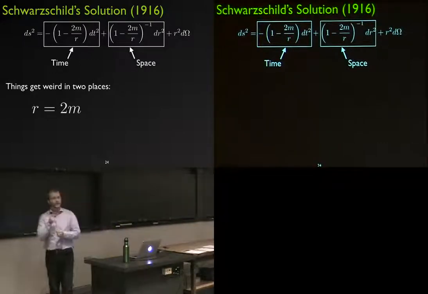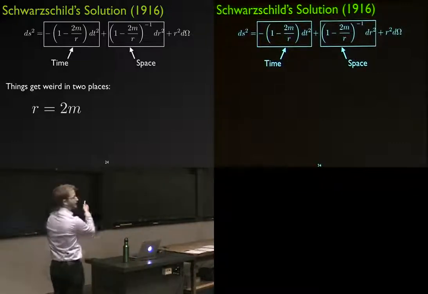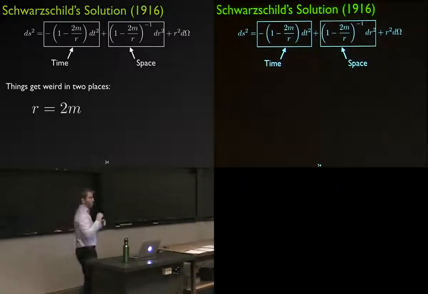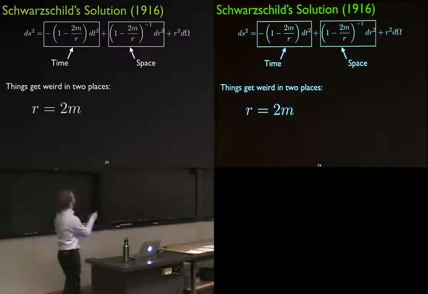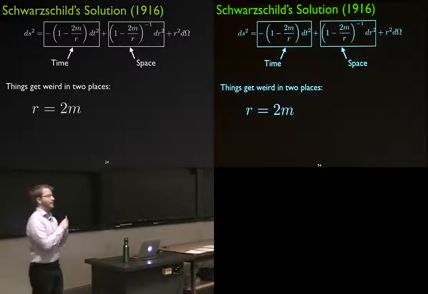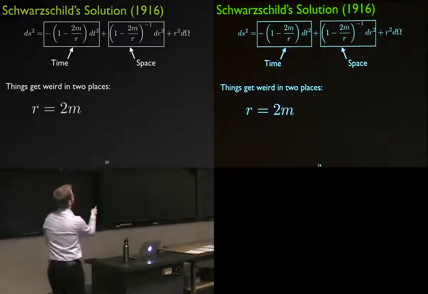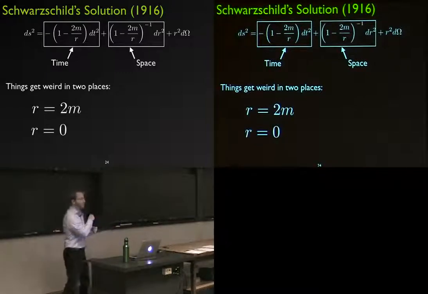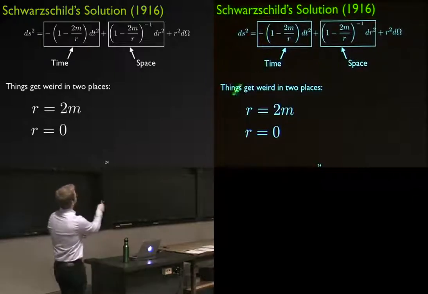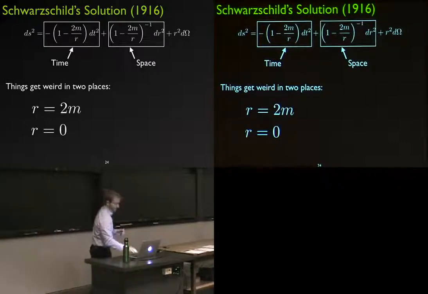And if you notice, you can do things that in mathematics people don't like to do. You can divide by 0 by making a few choices for the value of this distance r. And what does that mean? There are two weird places where you can do that. One is just setting r equal to 2m, where m is the mass of that spherical body. If you put 2m in for that distance, then you make this term divide by 0, since it's 1 over that term, because of the minus 1 power. The other problem is if you set r equals 0. In both of these cases, you get infinities in this thing that's supposed to be describing the distortions of space and time caused by massive spherical bodies.